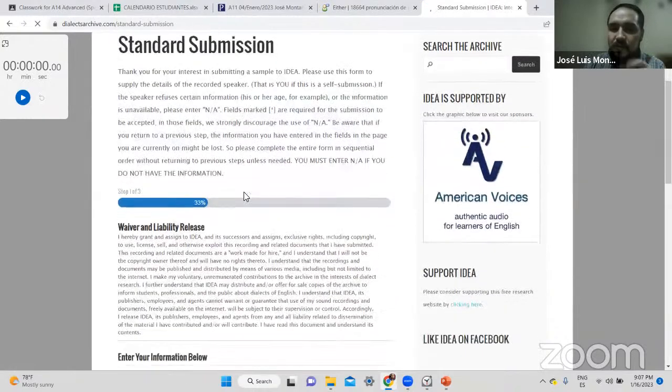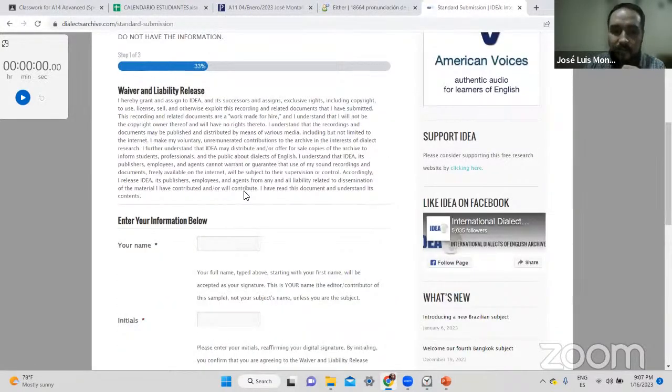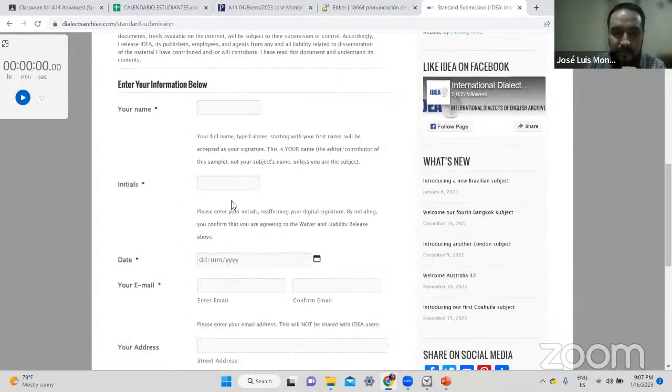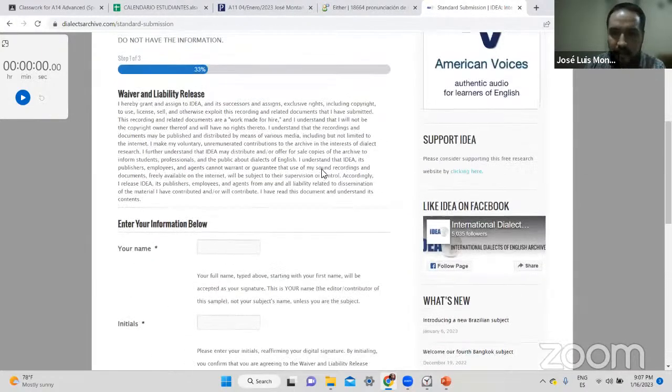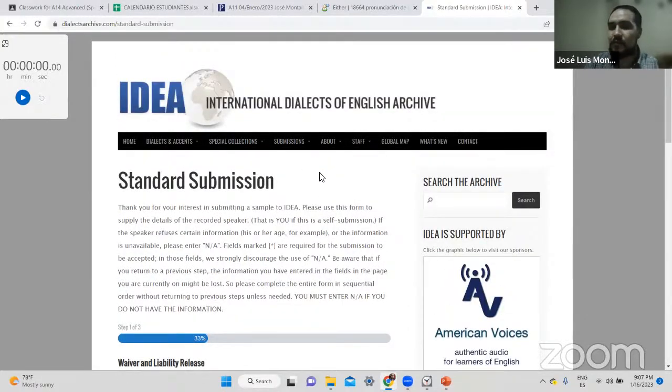I believe that there's only one recording from Bolivia, all right? And it will be interesting that some of you can try to do it. You can give your number and everything, your region, because they accept recordings from around the world. And again, this is useful because you can get to know the difference.